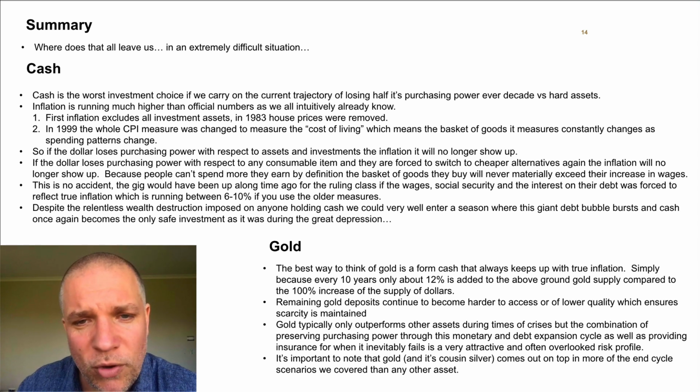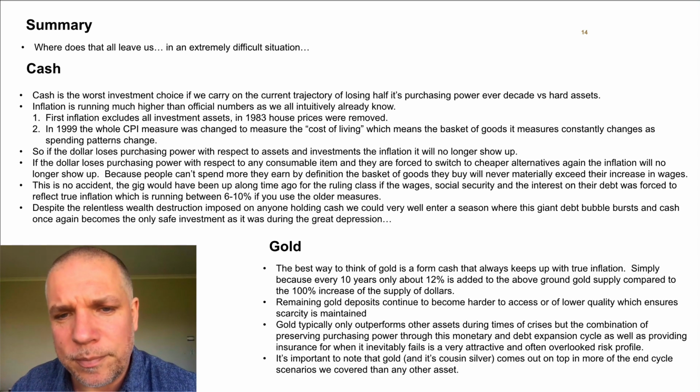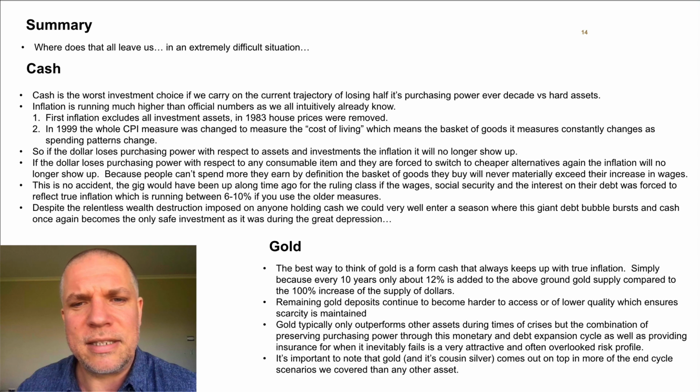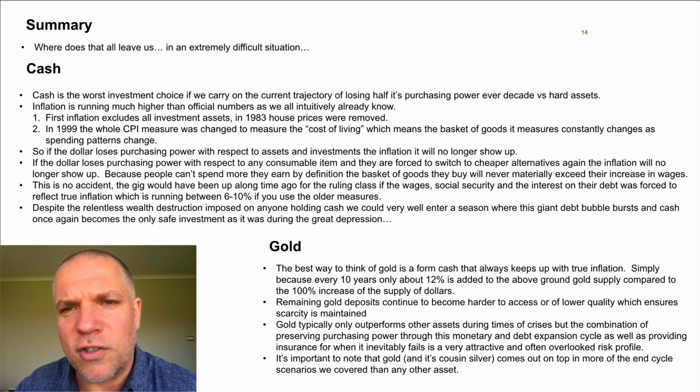So it can be the worst investment, but as these scenarios start unfolding, and particularly as I think the Great Depression is the most likely to start, it could also be a very good investment. But to understand the value of cash, I think it's important to take a step back and understand inflation, because inflation is really what defines the value of cash and the value of keeping it. Many people argue cash hasn't been that bad an investment. Inflation's not been that high, but let's really understand what's been going on with inflation to test that theory.